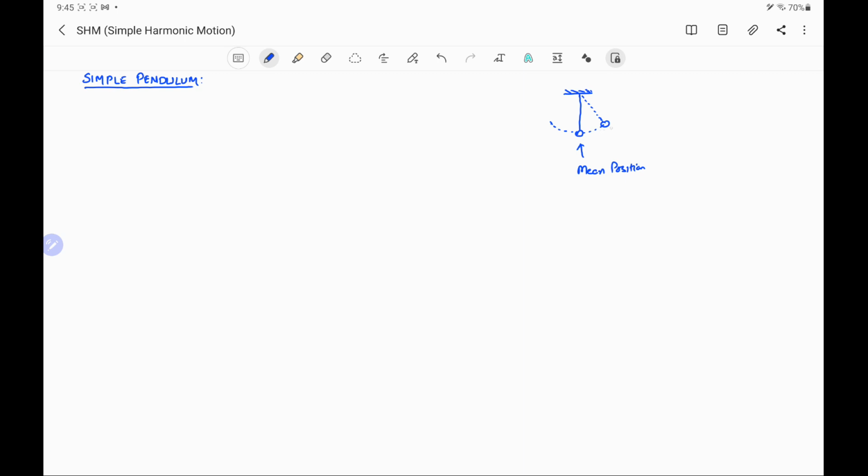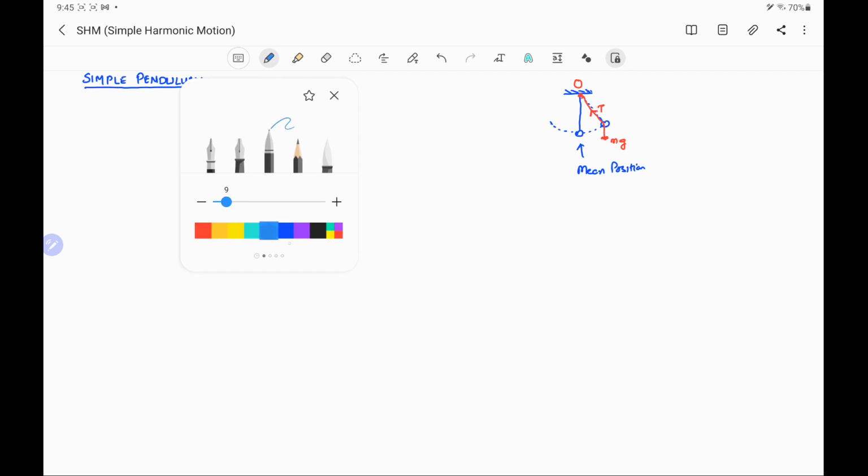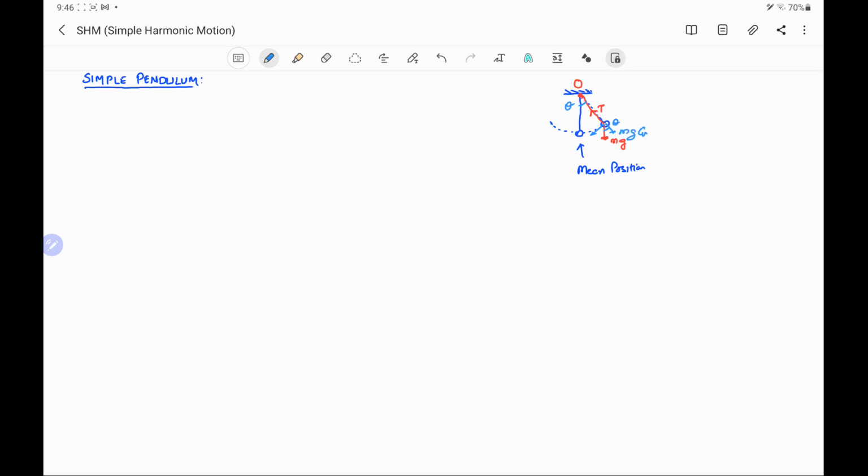If we check the forces on the bob, one force is the weight of the bob, mg, acting in the downward direction, and another is the tension in the string, which is directed towards the point of suspension, say this point is O. If we resolve mg in two mutually perpendicular directions, considering the angle of the string with the vertical direction is theta, one component will be mg cos theta and the other component will be mg sin theta.